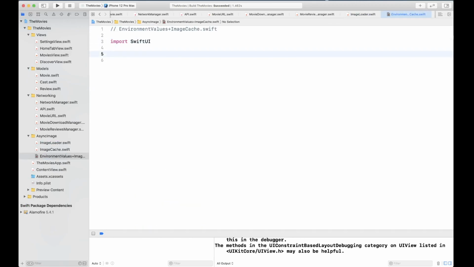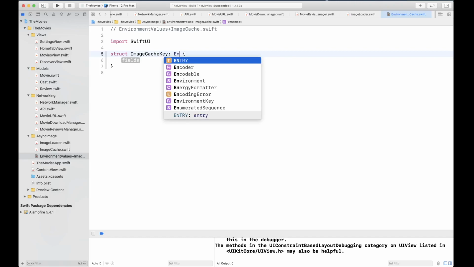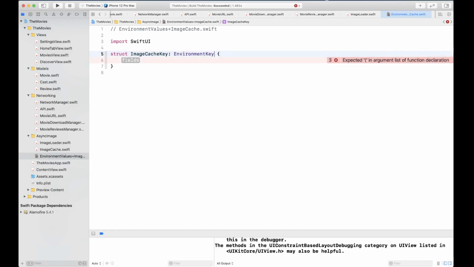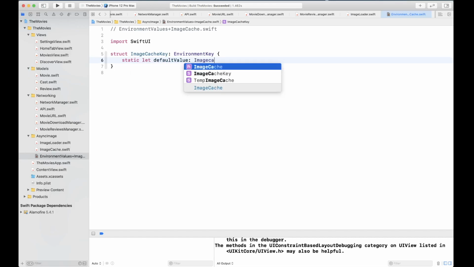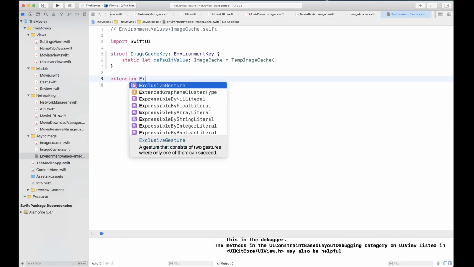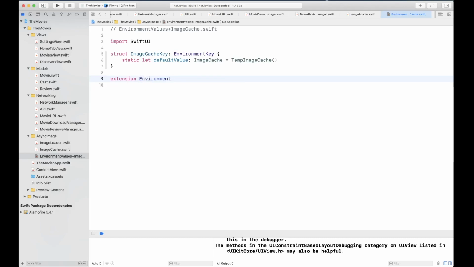So UI, let's import from that, and we're going to create a struct image cache key environment, right? And we're going to create a default value. Okay, so default value is going to be of type image cache, and we're going to initialize our temp image cache right there. Okay, and for the extension on environment values, we are simply going to say image cache